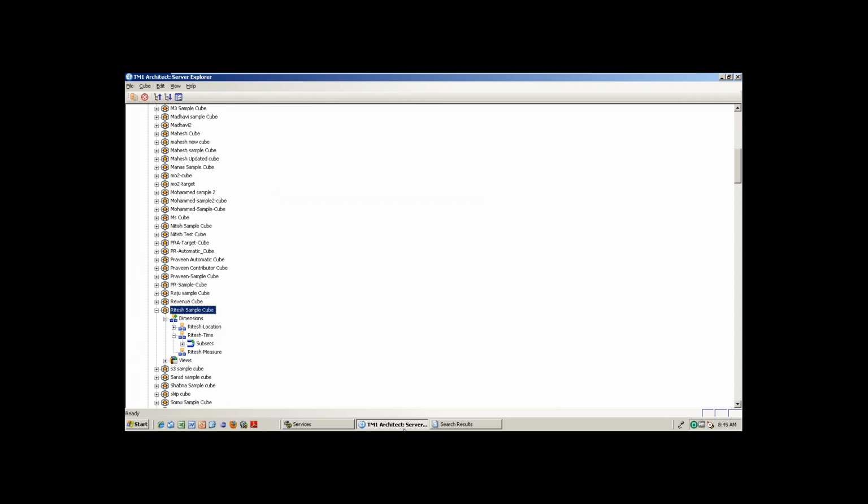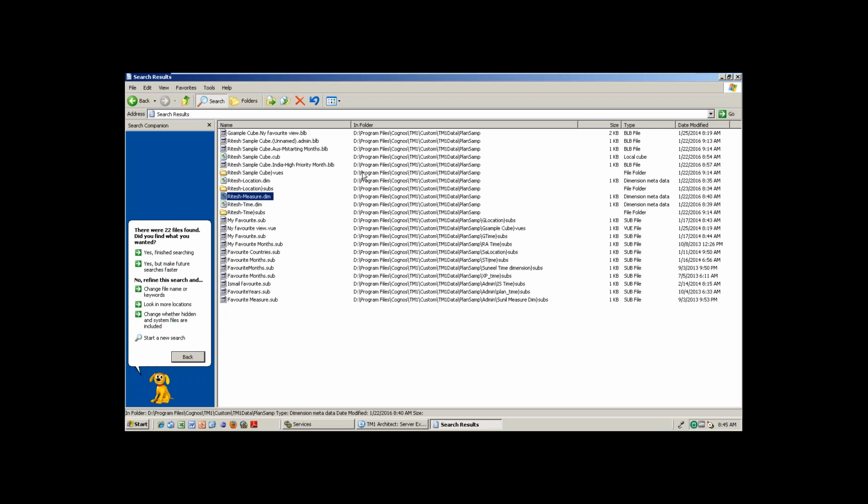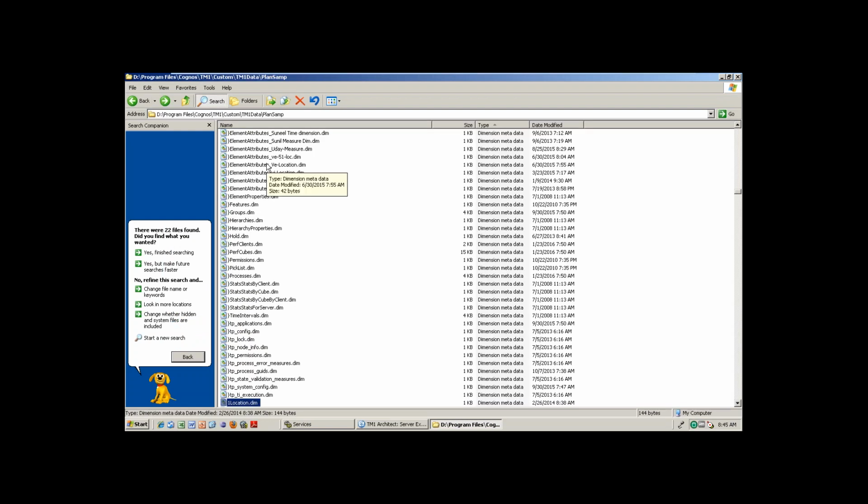But remember, if you are copying any cube or something, that is the reason why it's very difficult in TM1 in the real-time scenario. For example, what normally people do in Cognos: if any one report is changed, I will take that copy, deploy only that report, and paste it. But here, even if one single cube is added in development, we normally take the entire data folder. You can ask me why, what is the reason?